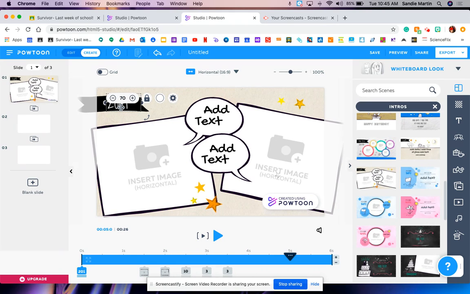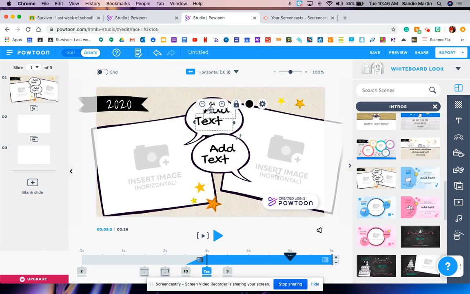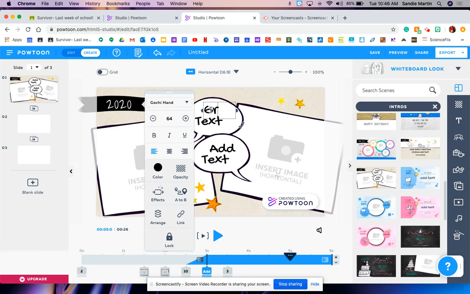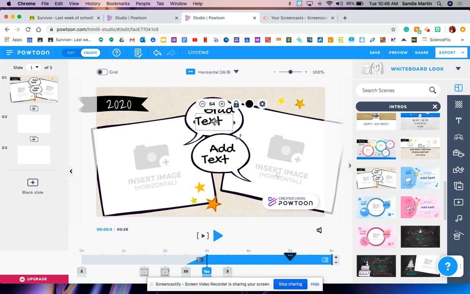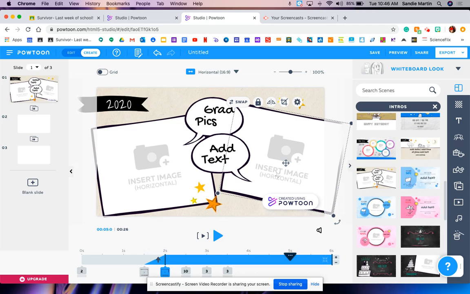So you just go in here, and because it says 2019, I'll just go 2020. You can go here and add and change your text. Let's say that we're doing grad. You would just double click and you would say grad. And then I can go here, pics, and just play around with all of the different texts that you have. You can also go and insert your image. So as soon as you click